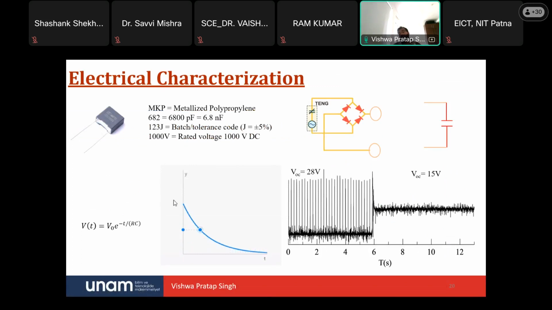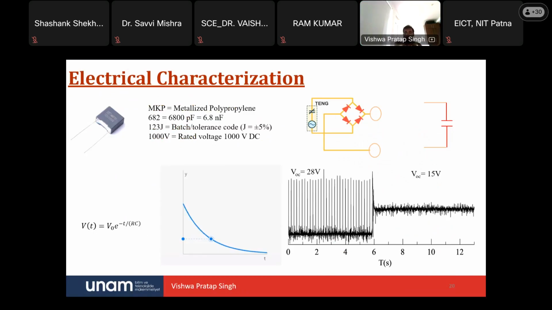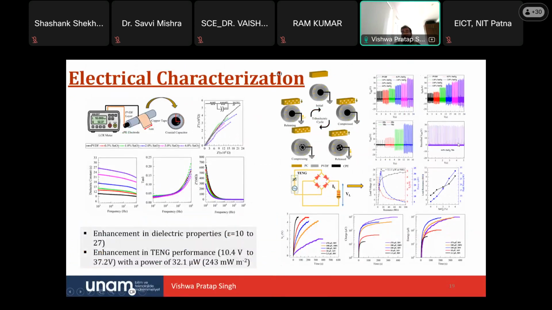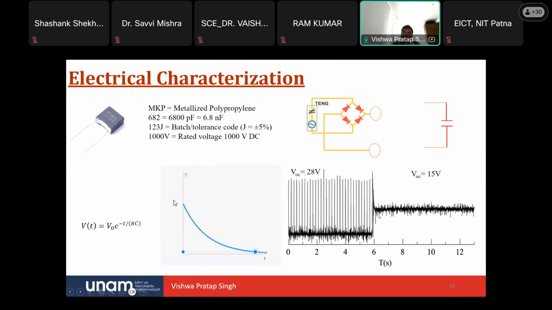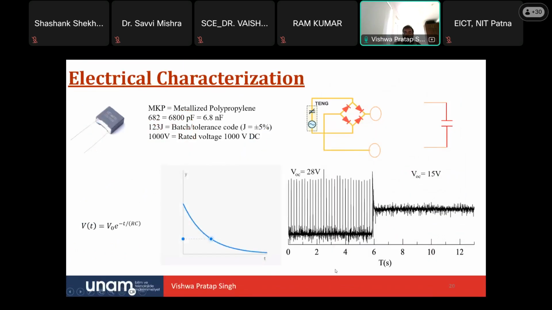And for another electrical characterization, we used this metallized polypropylene capacitor. Generally people get this type of rectified voltage, but they think that this is the DC voltage. It's not, because DC voltage should have zero frequency. So if you want a DC with zero frequency, you can use this device,